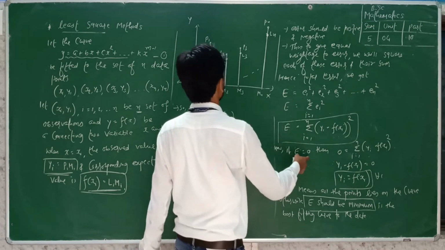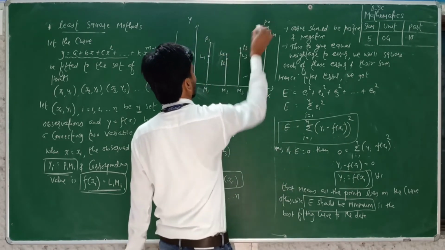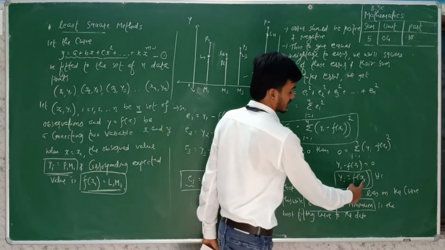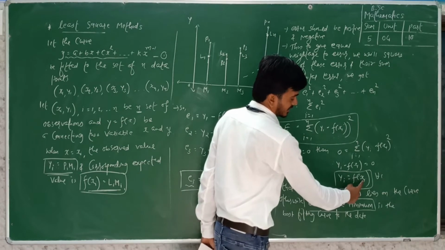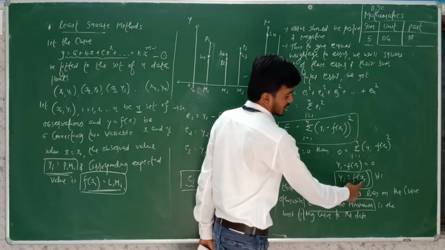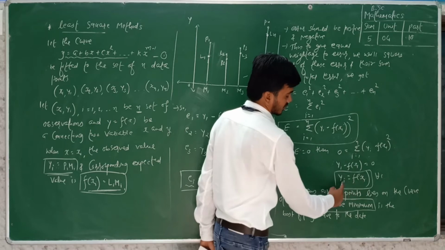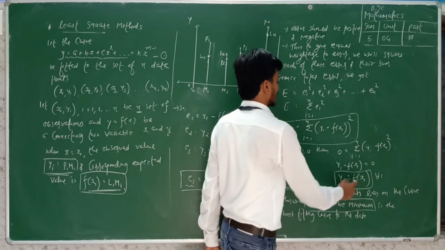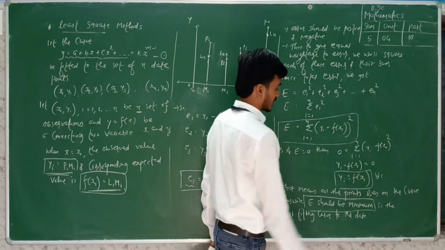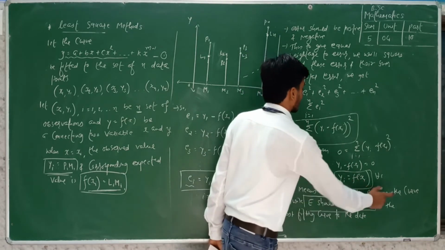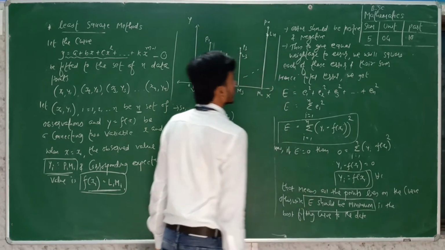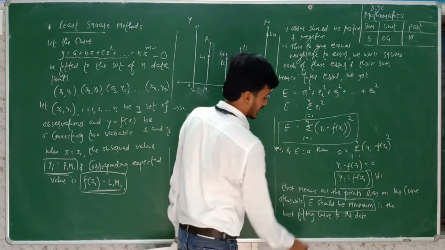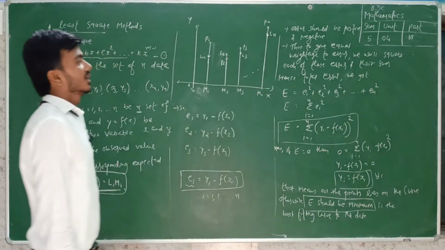If E is equal to zero, that means all the errors become zero. Then y is equal to f of xi. So put x is equal to x1, we get y1. Put x2, then we get y2. So this is the equation of the curve. These points are on the same curve. This is a best fit curve. So if E is minimum, then we can get a best fit curve to the following data.